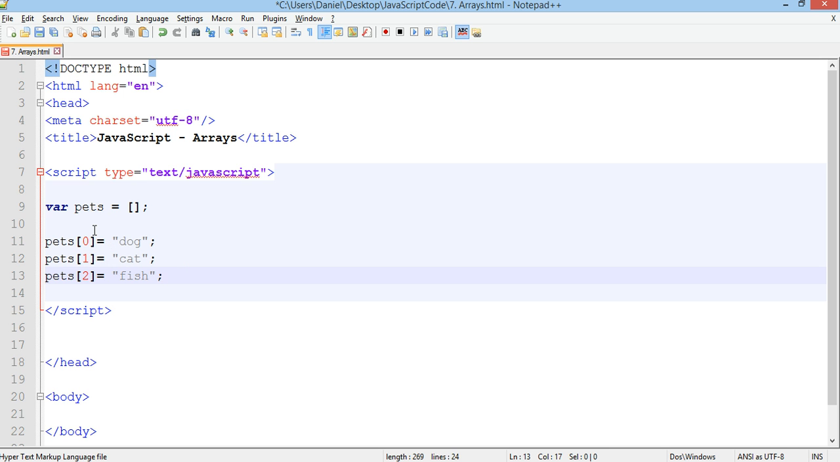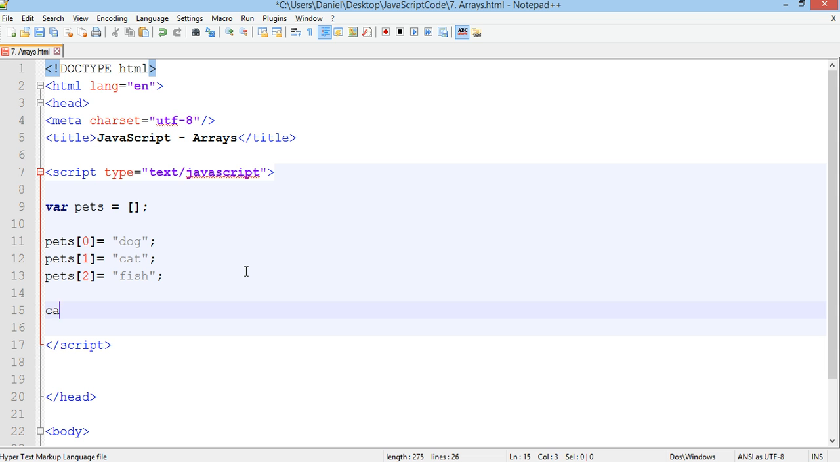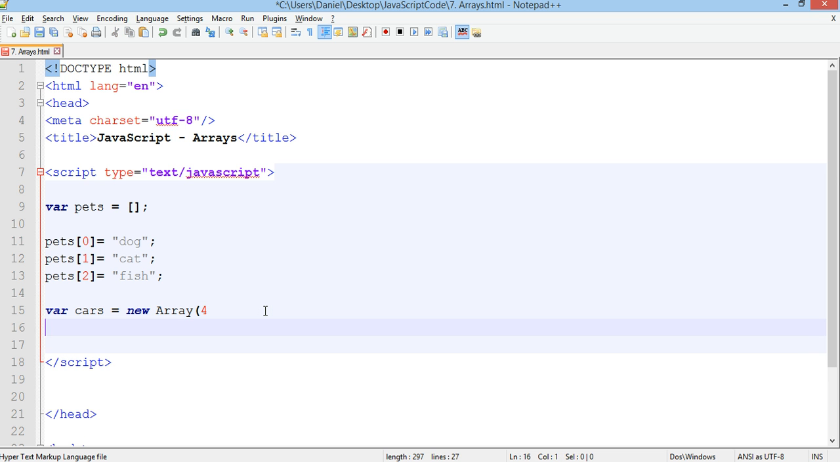You could also specify how many elements are going to be in the array. So we could do something like var cars equals, and for this example we use the new array keyword, and we could put in a 4. So we could create a new array that is going to have 4 elements in it. Okay, so then we could go and put in